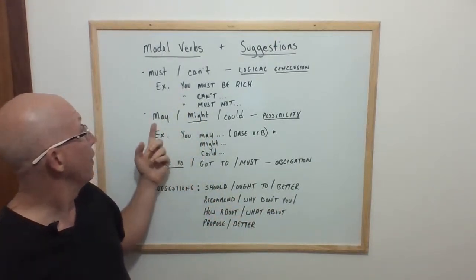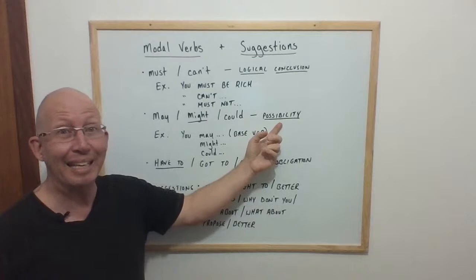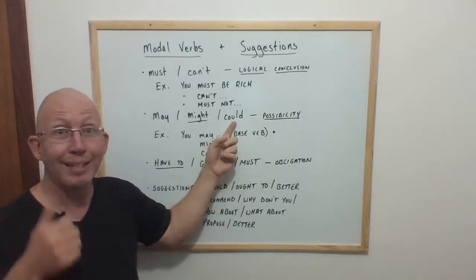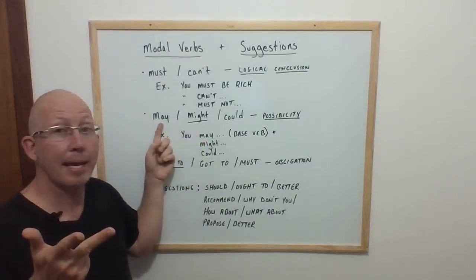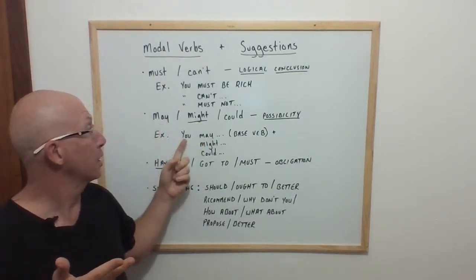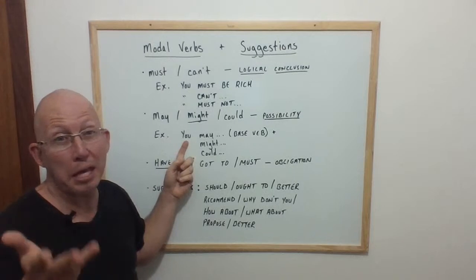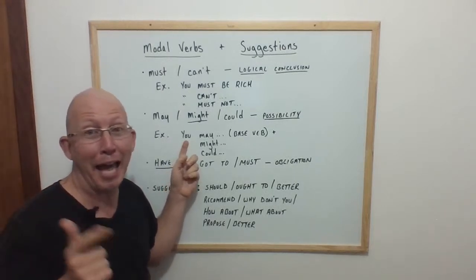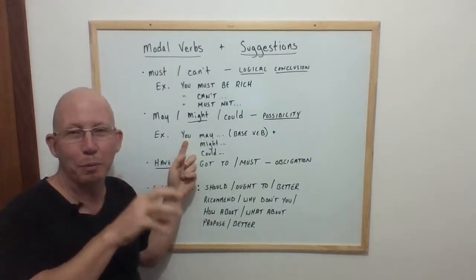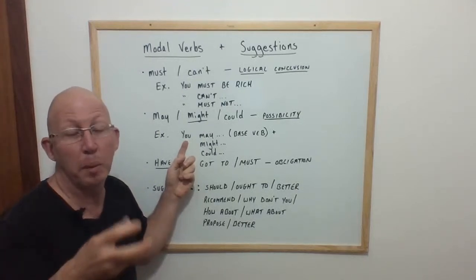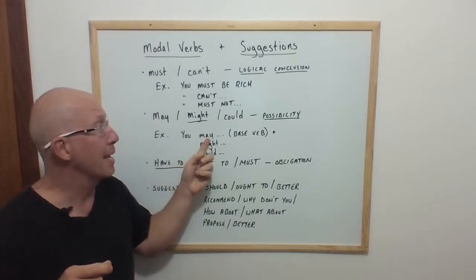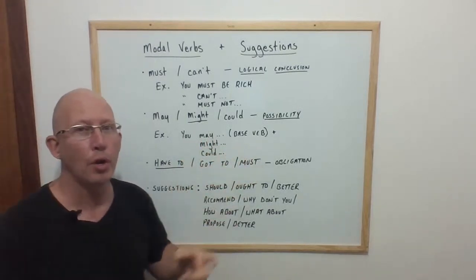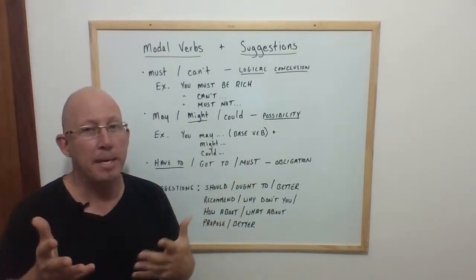So the logical. The next one is a possibility. When we use could, it's a possibility. Might, it's a possibility. And may is a possibility. We start with the subject: I, you, they, he, she, John, Sally. Ok, sujeito. Mais ou menos uma pessoa, mas pode ser outra coisa. You may, e a gente usa um base verb. You may be...